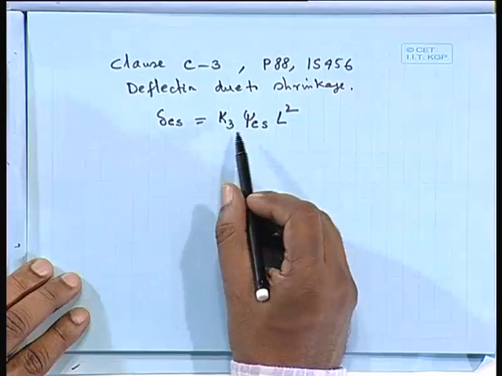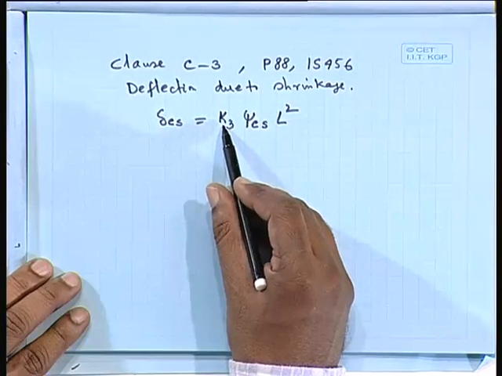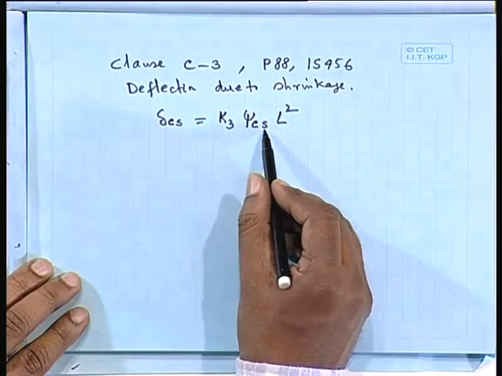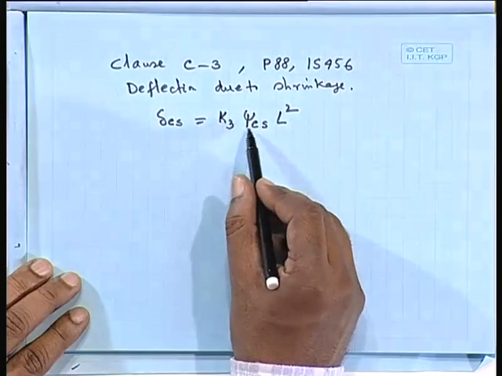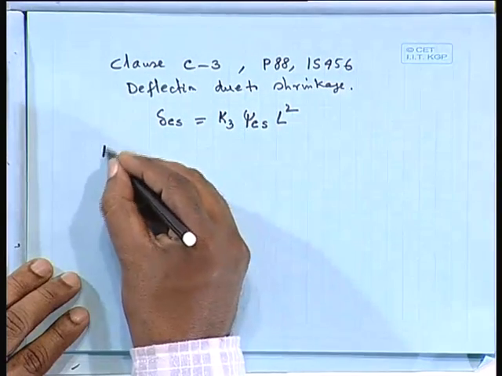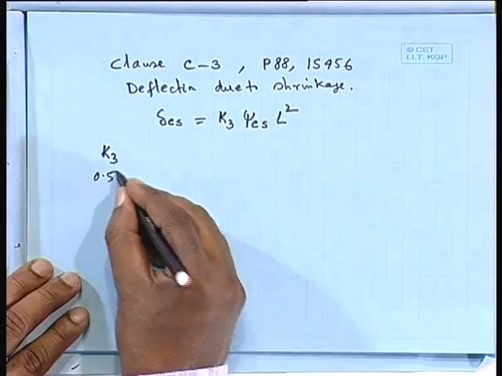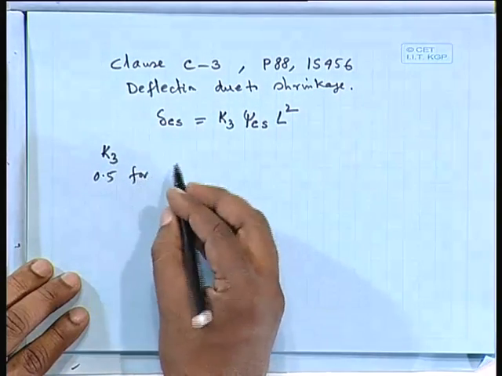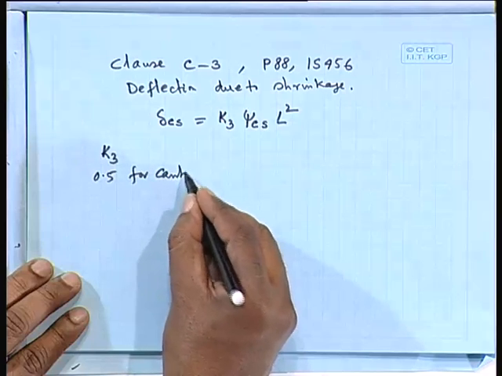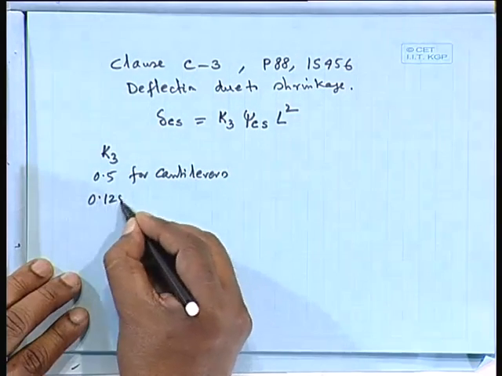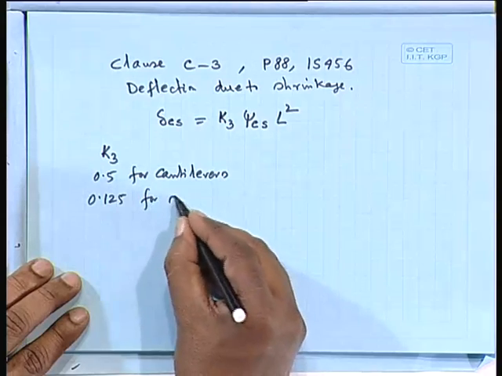You remember that I have told you that formula, beta psi L square. So, for simply supported case, here also it says for simply supported case K3. So, K3 has different values. So, 0.5 for cantilevers, 0.125 for simply supported,